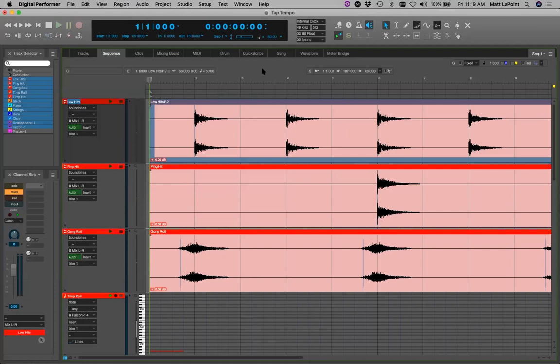You've got a live performance of something, you drop it in DP as audio, you tap tempo, and you really kind of feel it, and you can maybe fix a couple little mistakes where you're putting in the grid, and then now you've got it. I guess the problem I'm running into is taking this audio and then trying to